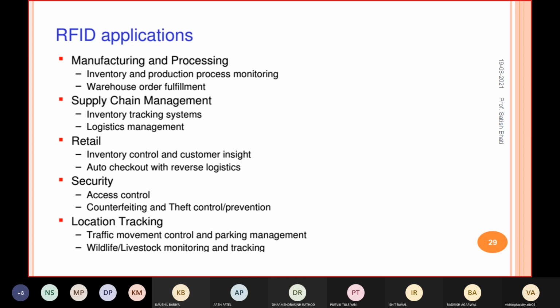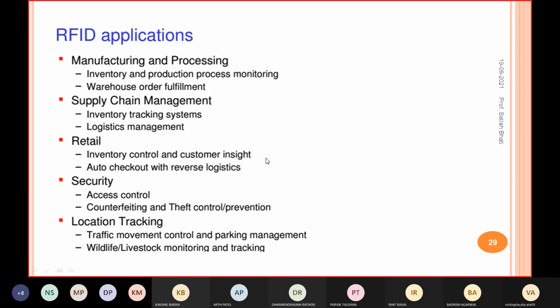Some other applications are in manufacturing and processing, right? So inventory and production process monitoring, you can use RFID, right? We have seen this with the assembly line. If you have some production chain, right, you can use this RFID for monitoring purposes, right? If you have a warehouse, then warehouse order fulfillment, I meant. Using this RFID you can find in your warehouse a particular item, how many of the item are available.